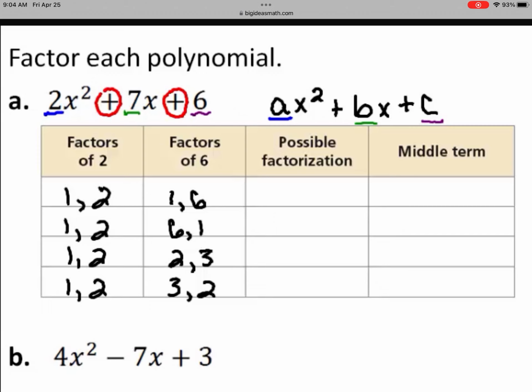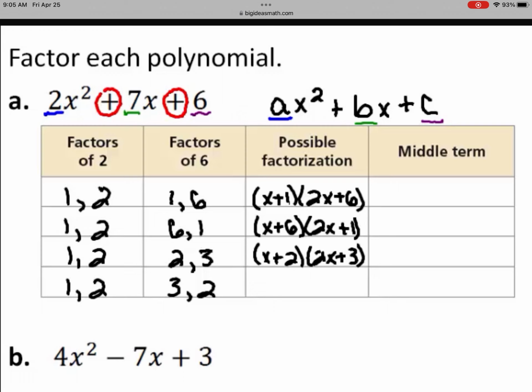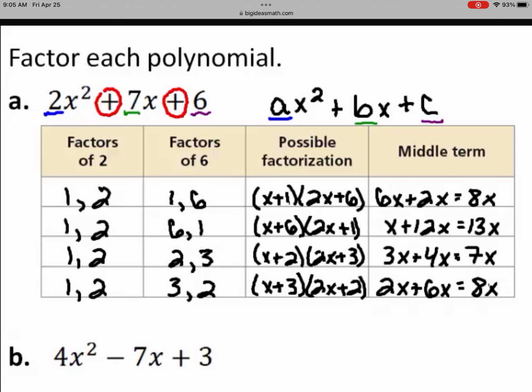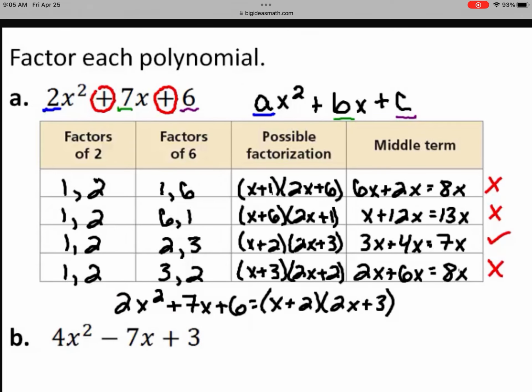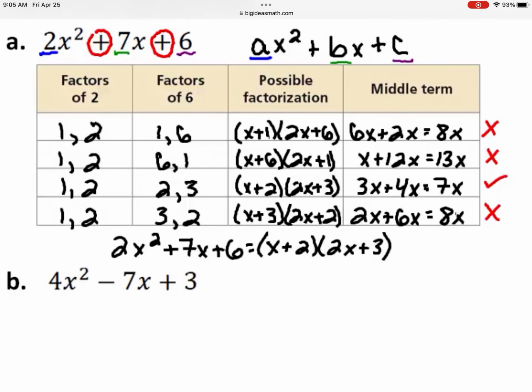are different. The possible factorizations are the quantity x plus 1 times the quantity 2x plus 6, the quantity x plus 6 times the quantity 2x plus 1, the quantity x plus 2 times the quantity 2x plus 3, and the quantity x plus 3 times the quantity 2x plus 2. The only possible factorization that produces a middle term of 7x is the quantity x plus 2 times the quantity 2x plus 3. So 2x squared plus 7x plus 6 factors as the quantity x plus 2 times the quantity